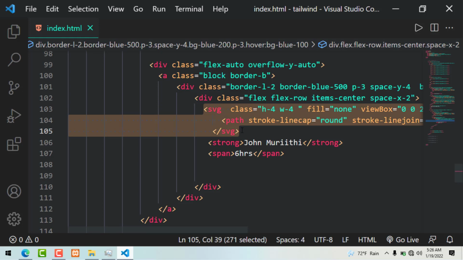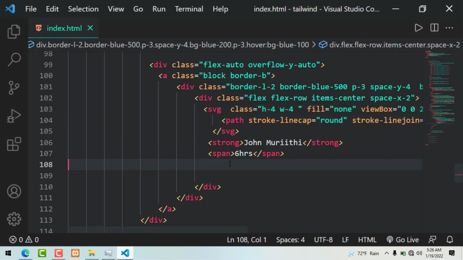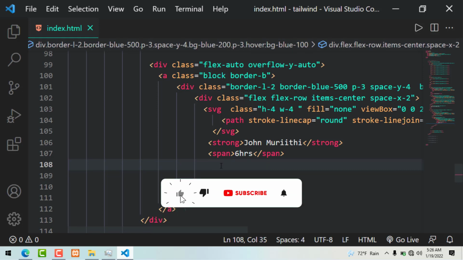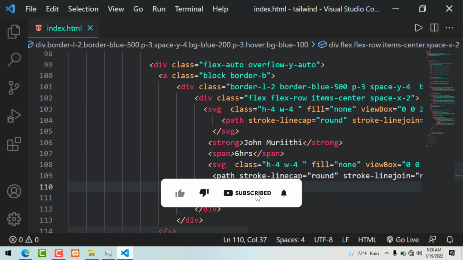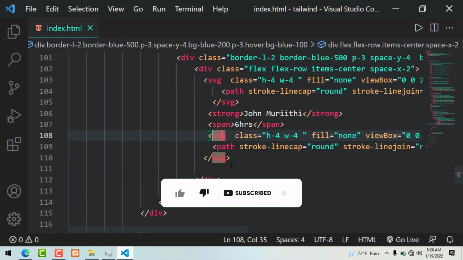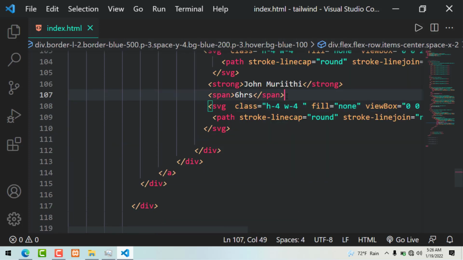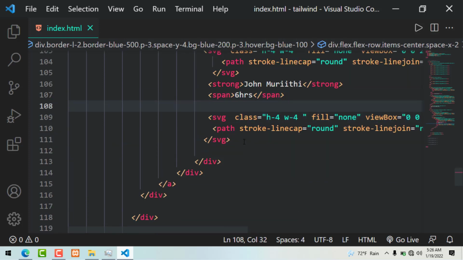I'll be leaving a link in the description of this video where you can get these SVG icons. So for our case, they're just for demo purposes, so that's why we are reusing them here. So I'll just have that there,